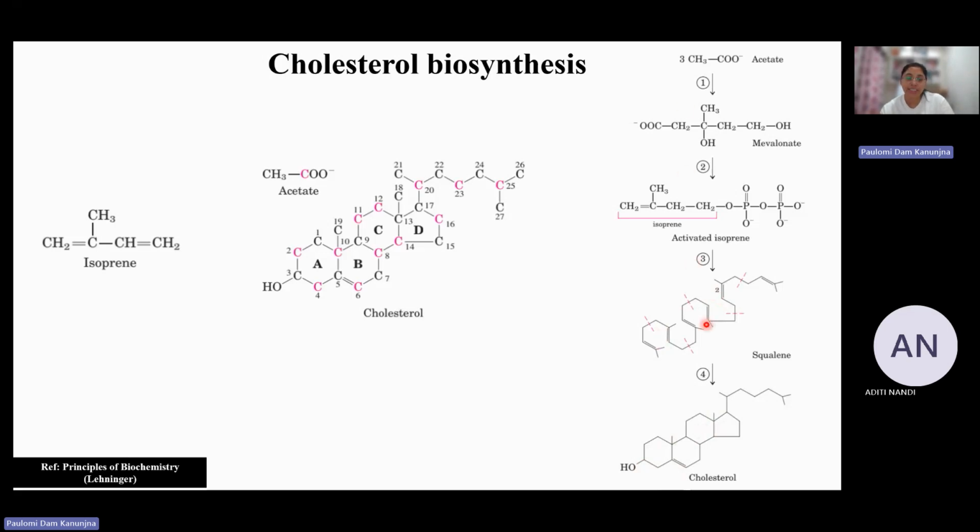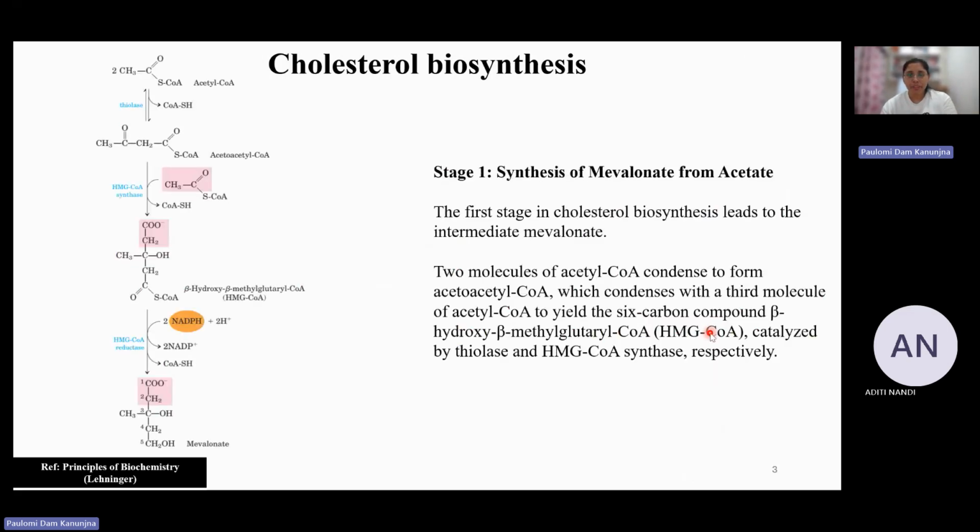Now, with these 4 steps, as we have been doing so far for lipid biosynthesis or the other biosynthesis that we have looked into, we will see how these 4 steps are taking place in a bit more detail. But it, of course, is covered in your course, so you can always look at it in your lecture notes. But let's do it in simple terms, because the idea here is to just look briefly over these